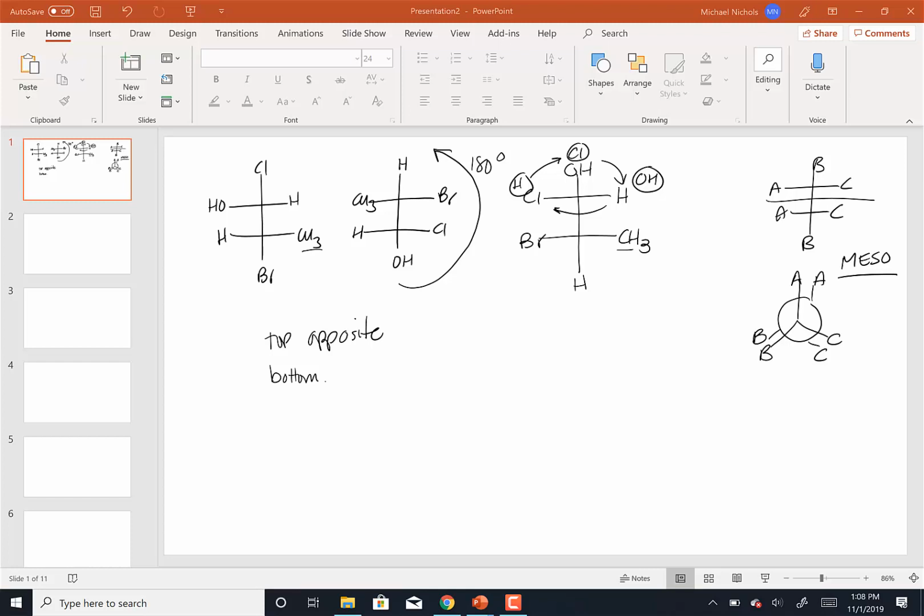So you always want to take a minute to see if groups are already lined up, because if they are, you can instantly make your call, or look and see if you can see the mirror plane, because sometimes that happens. So in this case, the bottoms are opposite as well. So when I have two molecules and both configurations are opposite, that makes these two